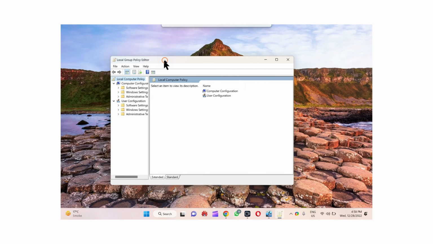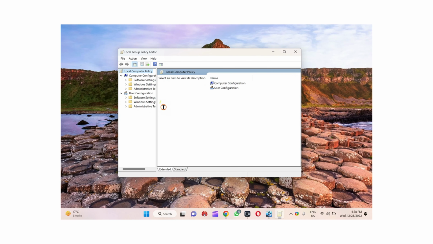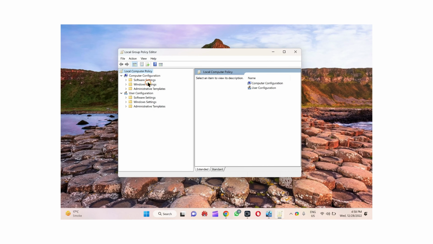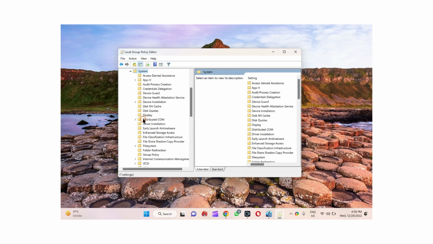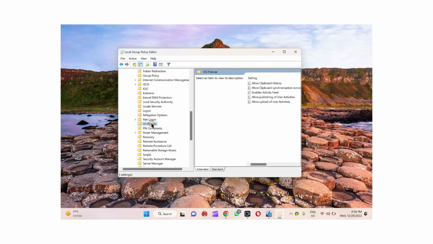This will open the Local Group Policy Editor window.